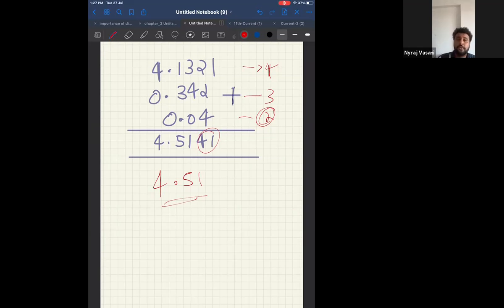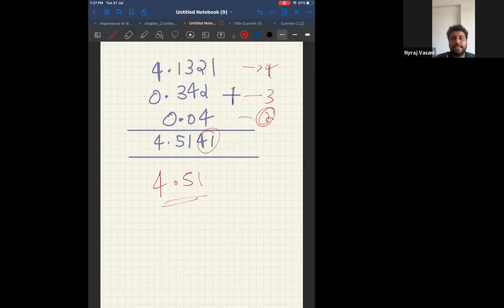Now, this rule is applicable in every chapter of physics. Whenever you are having a calculation in physics, where there are many calculations, for example, radius is given, area, pi. When you do a calculation, in the question, whichever number has the least number of decimal points, your answer also should be that much. Do you understand now? But remember, this is only for addition and subtraction. For multiplication and division, the rule is different. This rule is only applicable for addition and subtraction.